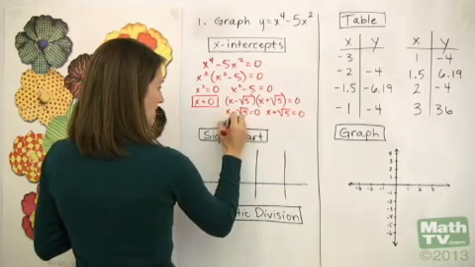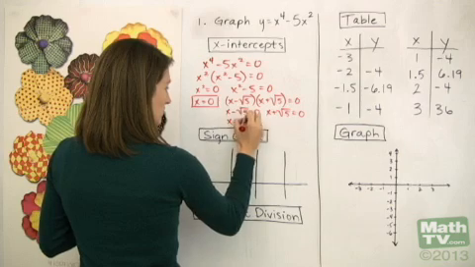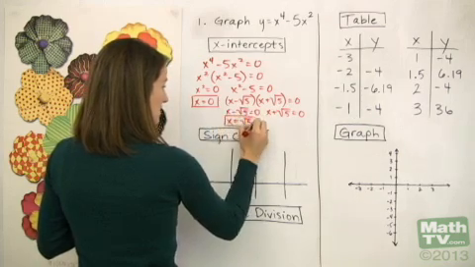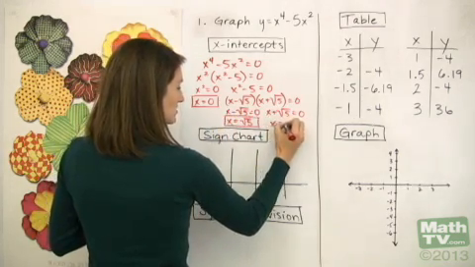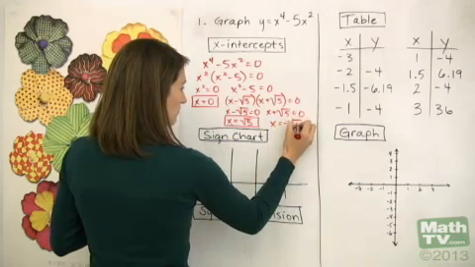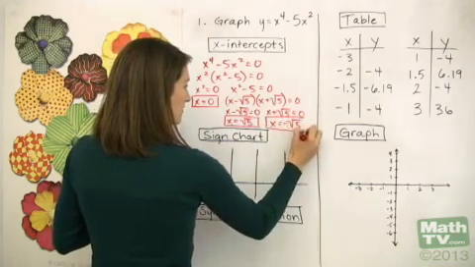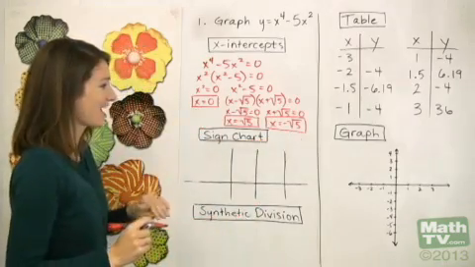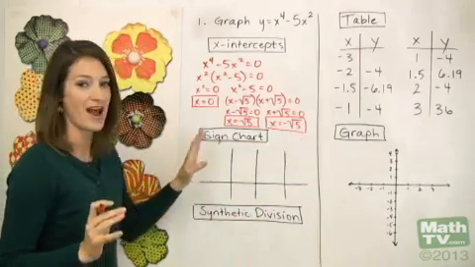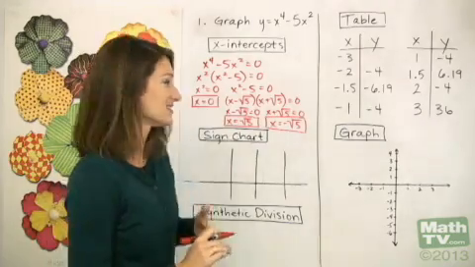Solve for x. We have x equals square root of 5, and x equals negative square root of 5. So here we found our 3 x-intercepts,